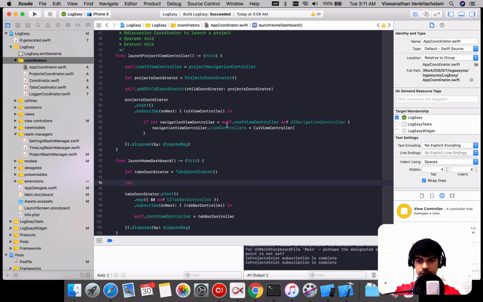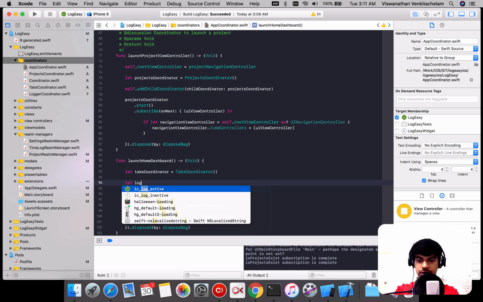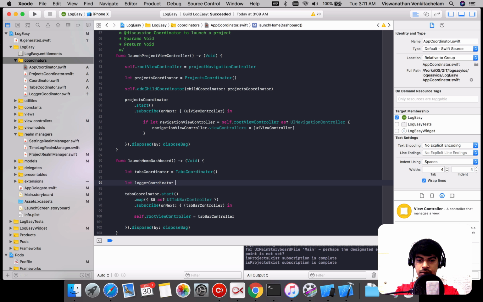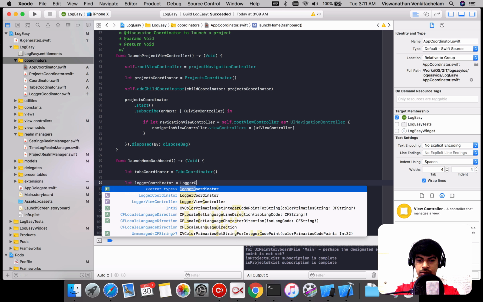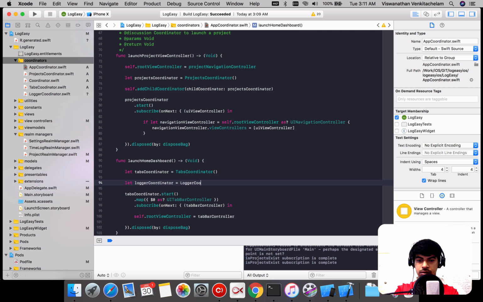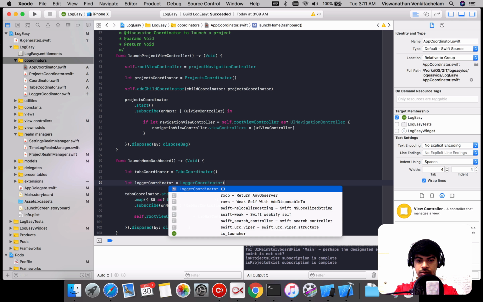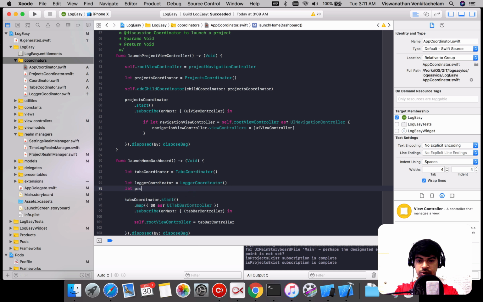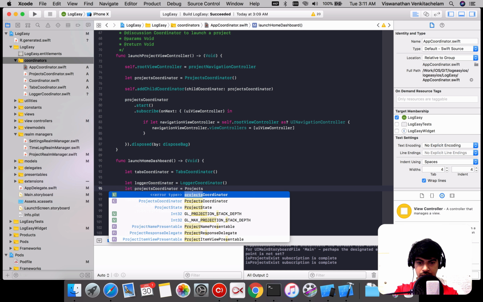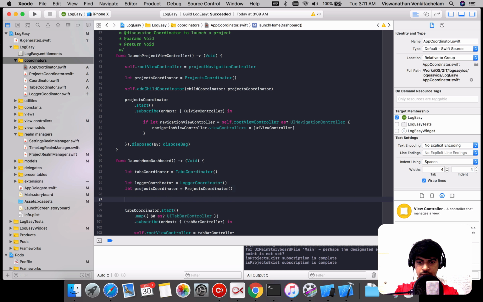Okay, let's start with the logger coordinator, and the projects coordinator. And let's create a couple of observables for them. Logger coordinator,